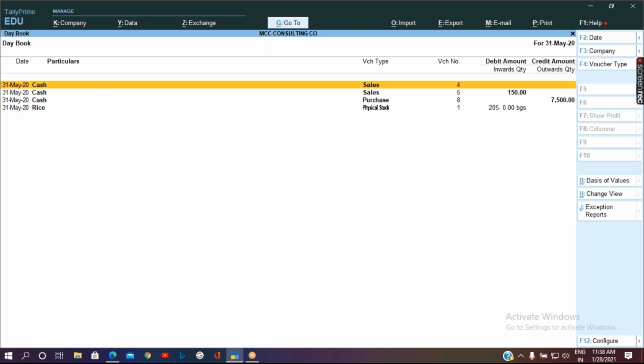So stock journal is related to what? It is the internal transfer of inventory between one godown to another godown. Very good. Then one more transaction we pass with physical stock, that is to adjust the count when there is